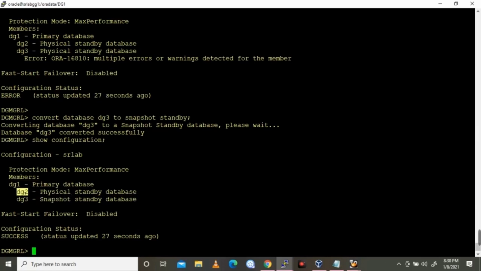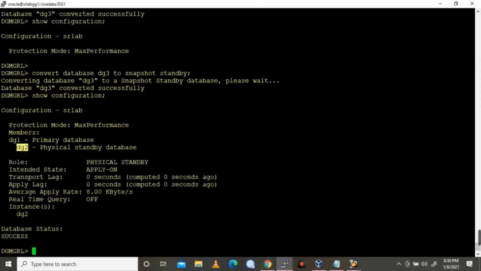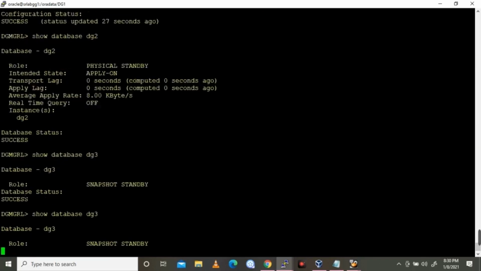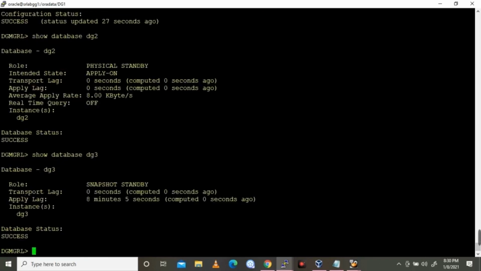You can see that it is a snapshot standby database. So DG1 is the primary database, DG2 is a physical standby database, DG3 is a snapshot standby database. We have successfully converted the DG3 database to a snapshot standby.